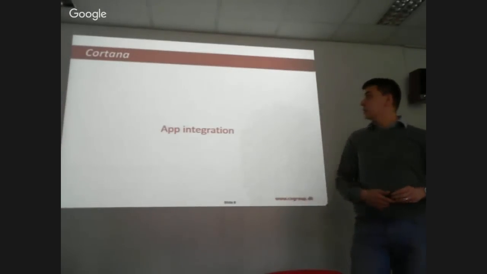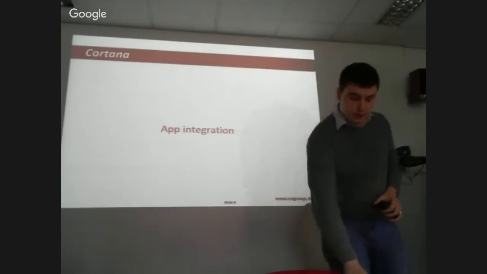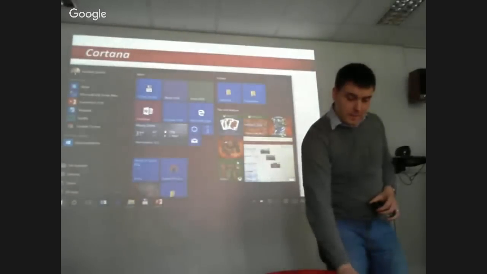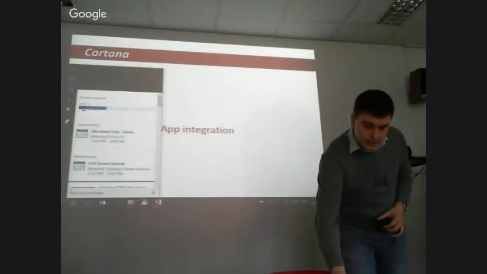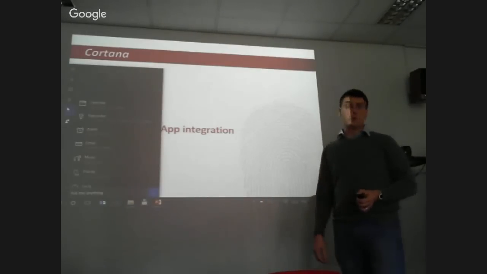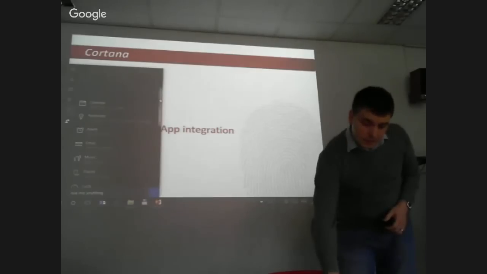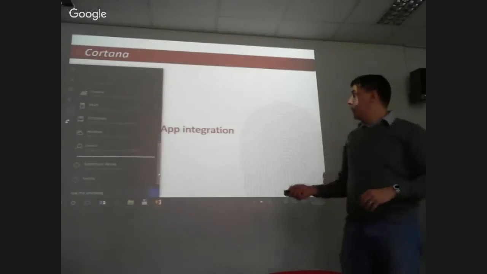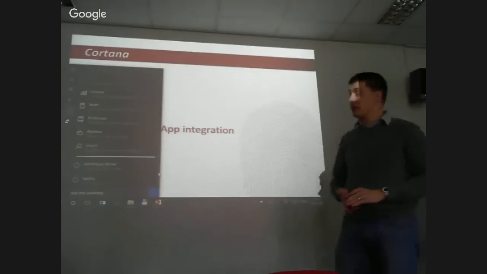That's actually what was already raised. If you can use the Cortana within your application that you are going to build. As you can see here in the Cortana, here is the question mark, and the question mark helps you with all the commands that you can use Cortana to use. Here in the bottom, below the line, there are the applications that have been installed on your computer that actually support the voice command from Cortana,